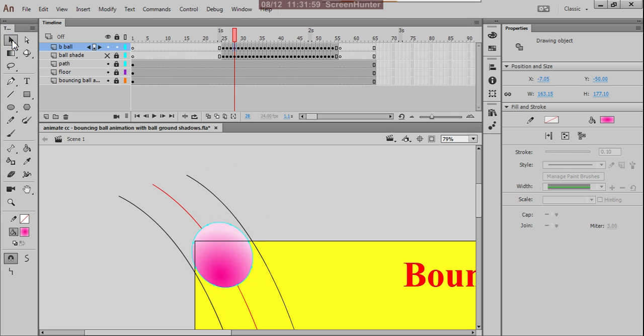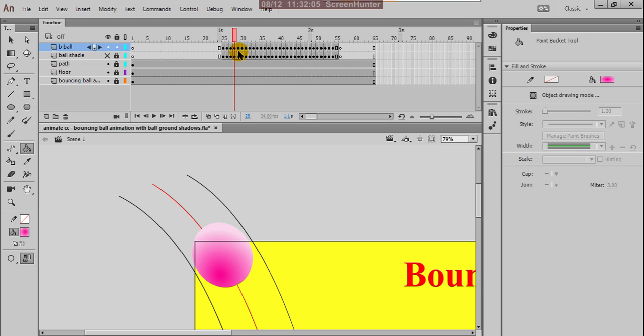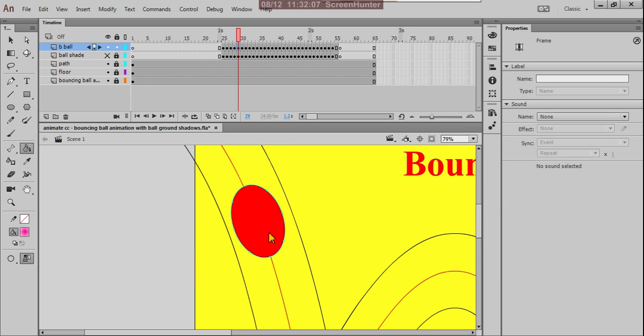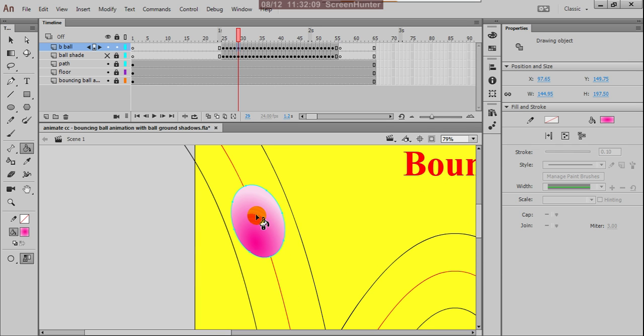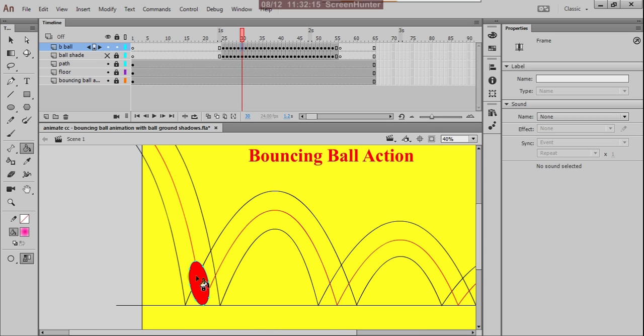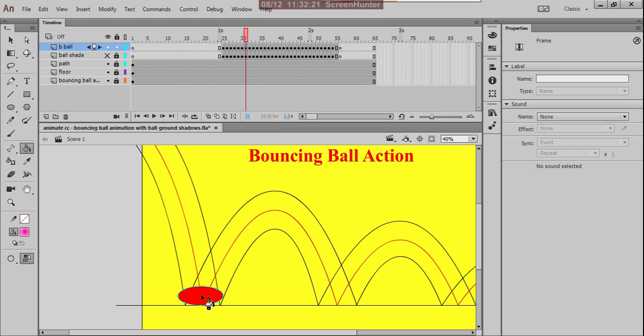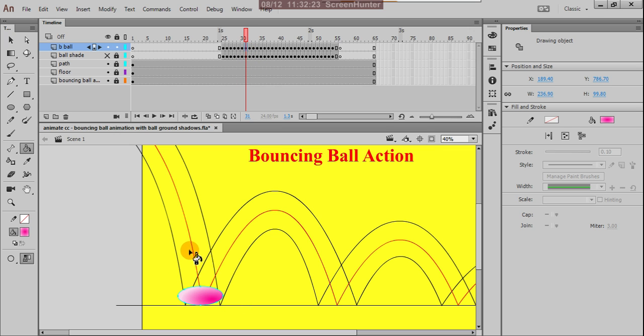Right, so take this with the eyedropper tool and you can fill this color for all the areas.